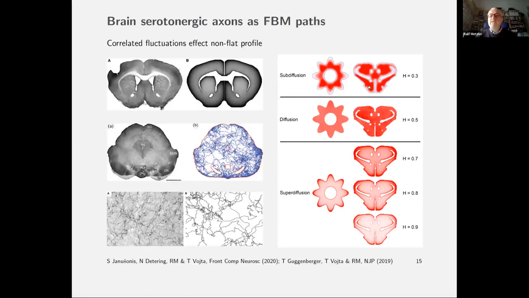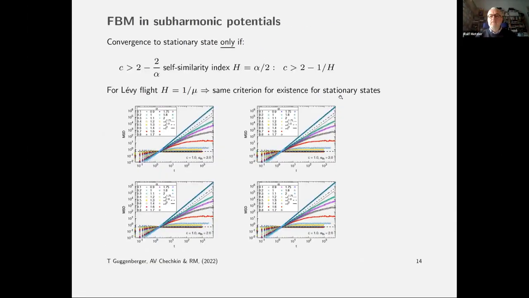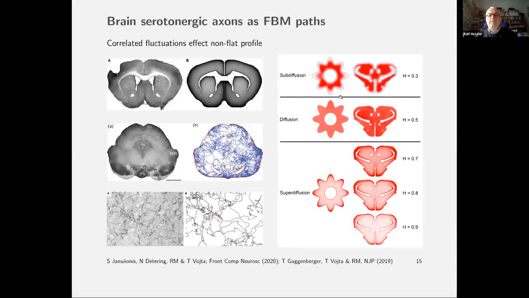Now, once we go and simulate these kinds of shapes, you see for subdiffusion what I told you, we see a depletion. There's less concentration around the boundaries. For normal diffusion, everything is nicely, evenly distributed. And once we go to the superdiffusive case, we see exactly corresponding to the experiment, this enhancement, this increase of concentration next to the boundary.